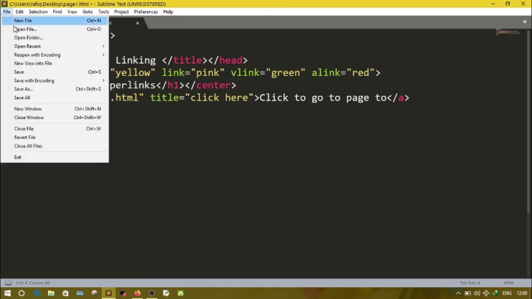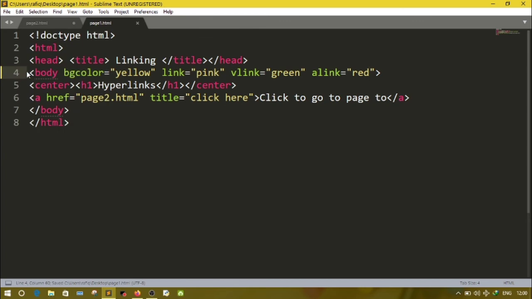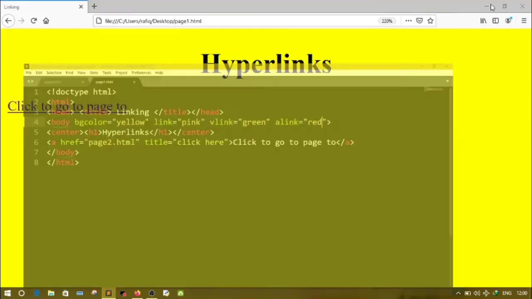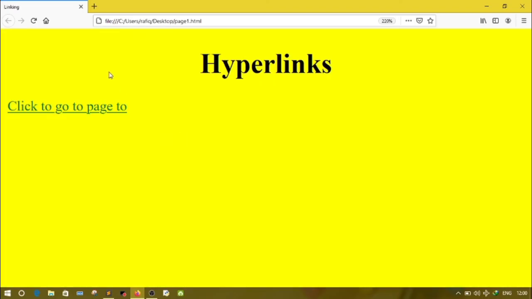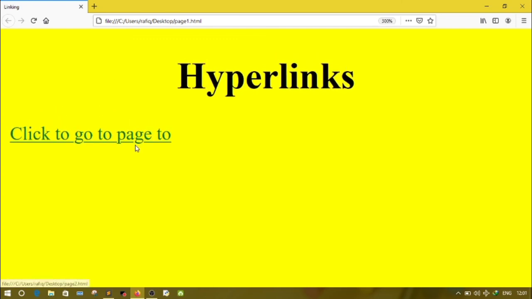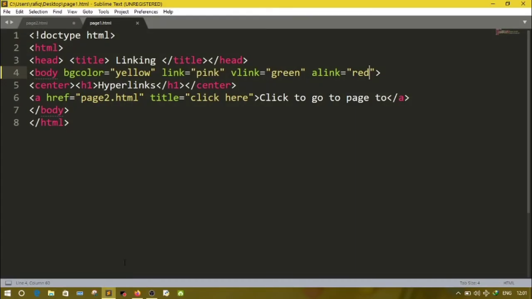So now save the page, go to the location where you have saved your page. So here you have seen that "click to go to page 1" is displayed in green color, because I have written here vlink equal green, because I have already visited that page in my Mozilla browser.